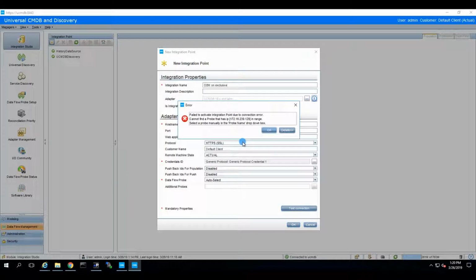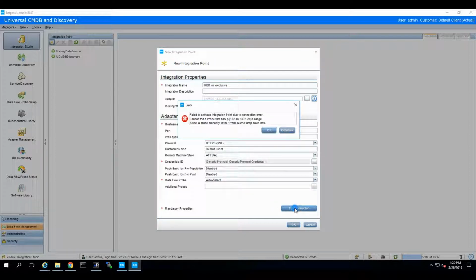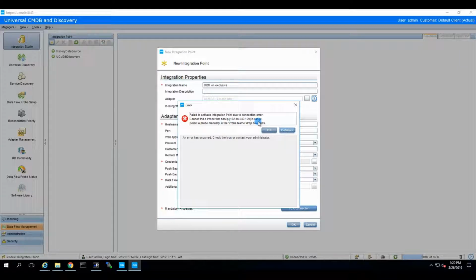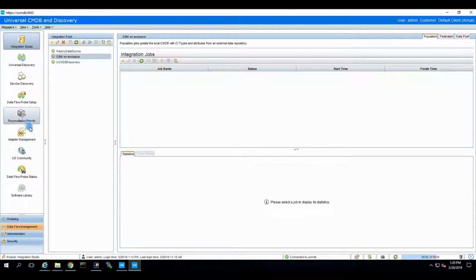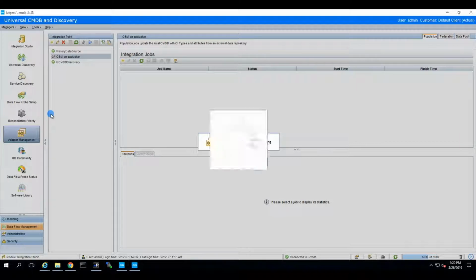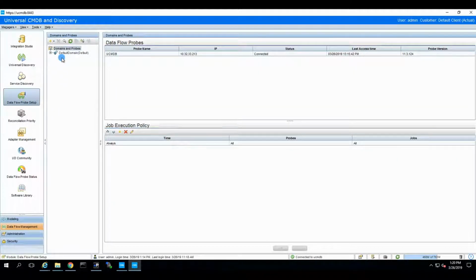Let's test the connection. Okay. SSL test connection. What does it say? Fail to activate. Okay, it's not in range. So we need to set up a range first. So we go to adapter management. No, we go to data flow probe setup,